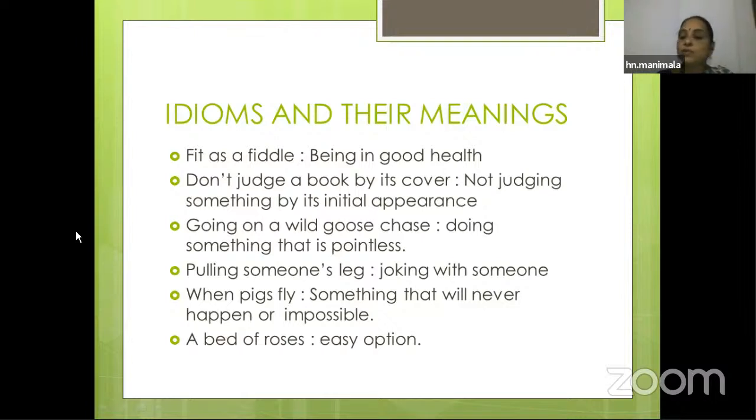A bed of roses means an easy option. It is an easy option for us. For example, if you would like to choose IIT or NIT, and it is an easy option for me to choose IIT, then you say it is a bed of roses for me to join IIT. So like this, we'll say. Something which is good, we have to do that. And next,